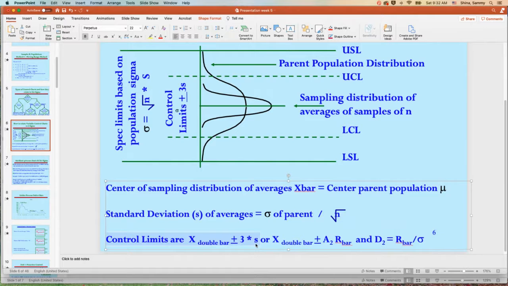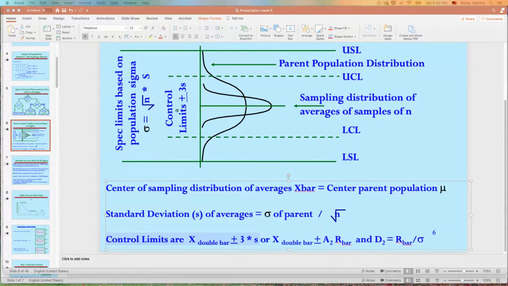Now remember, control charts are charts of sample averages. Okay, they're not individual points. Each point is a sample average, so it's a distribution of sample averages, and the control limits sit at 6 sigma. So if a point falls outside the control limit, either below or above, if you go back to the Z chart, as we talked about before, when a point falls,